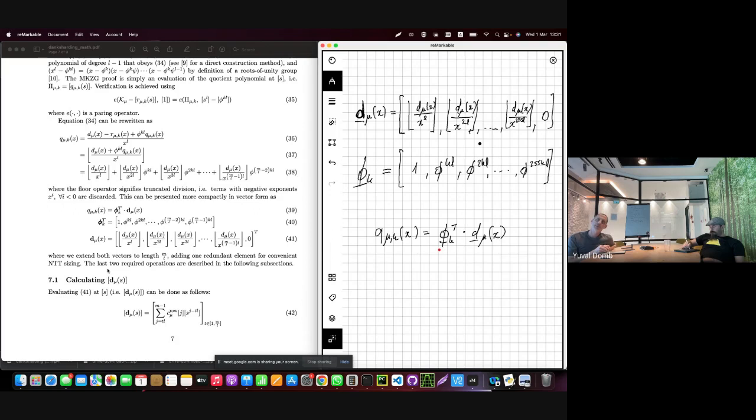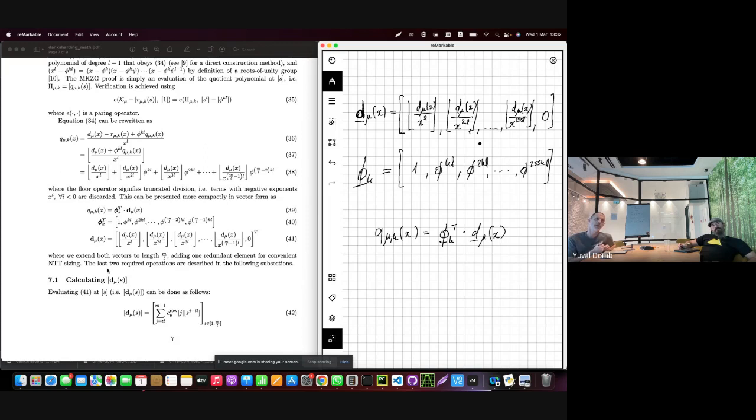So the vector phi depends on K, on the location of this tuple, and phi is a vector of powers of root of unity. So you can already understand that at some point we're going to take advantage of this by using FFTs to